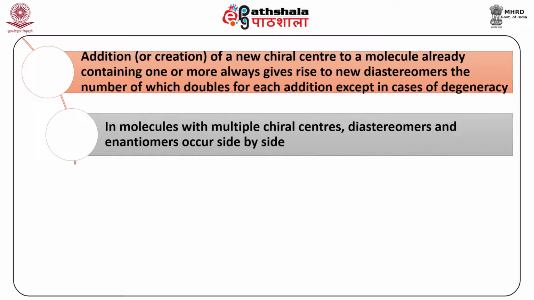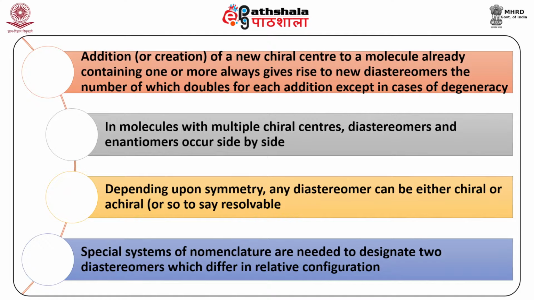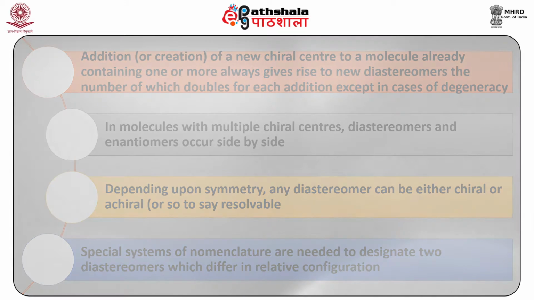In molecules with multiple chiral centers, diastereomers and enantiomers occur side by side. Depending upon the symmetry, any diastereomer can be either chiral or achiral, or so to say resolvable. Special systems of nomenclature are needed to designate 2 diastereomers which differ in relative configuration. The relative configuration at adjacent chirality centers in a variety of natural products may be described by erythro and threo